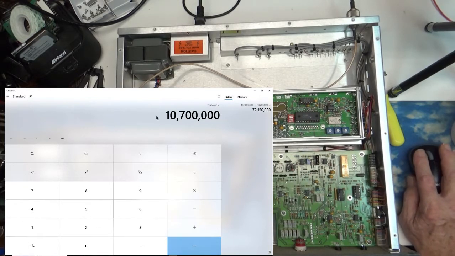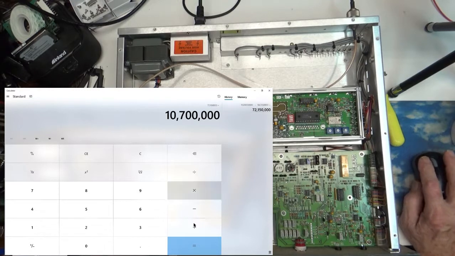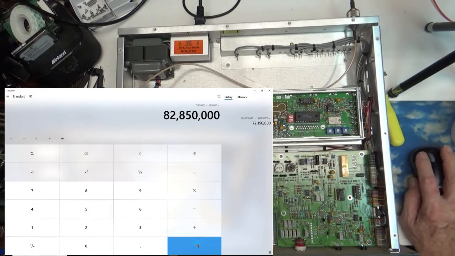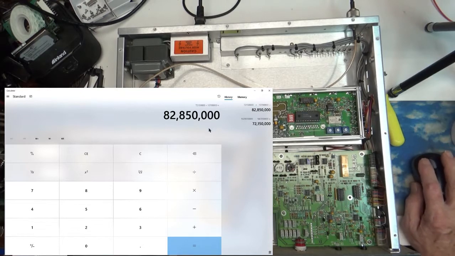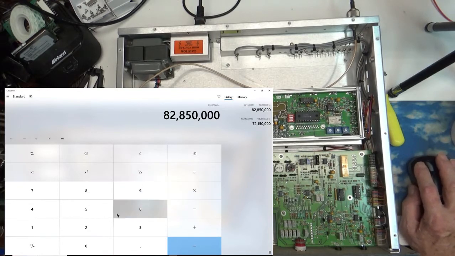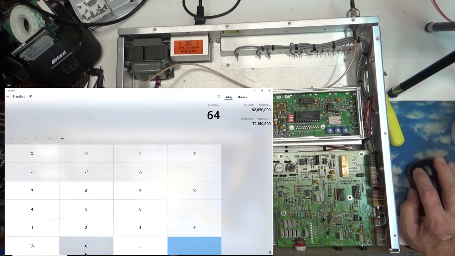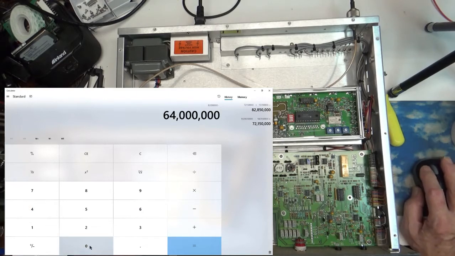So you put in the 10.7 megahertz IF, and that equals 82,850,000. Now we subtract our 64 megahertz. 64 megahertz. And that equals